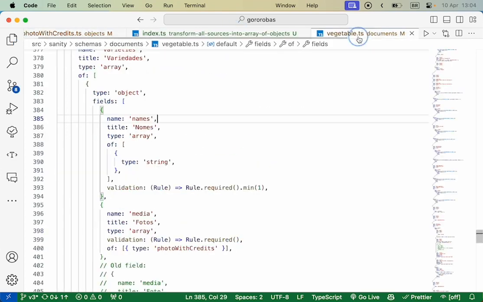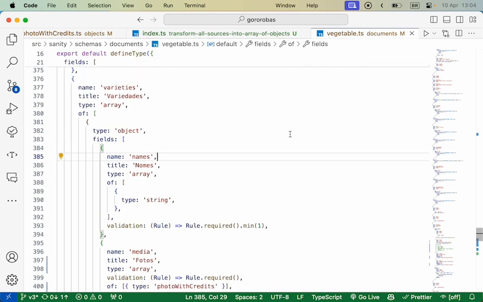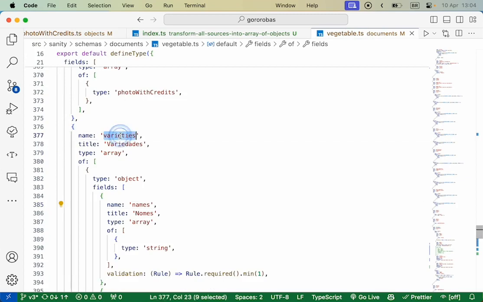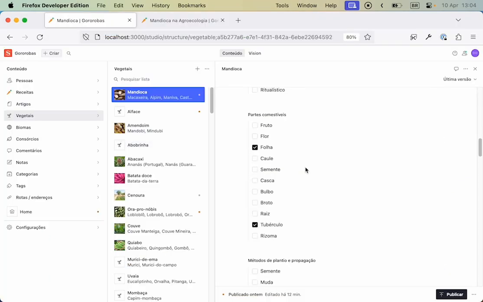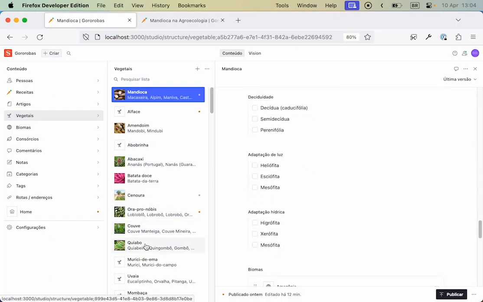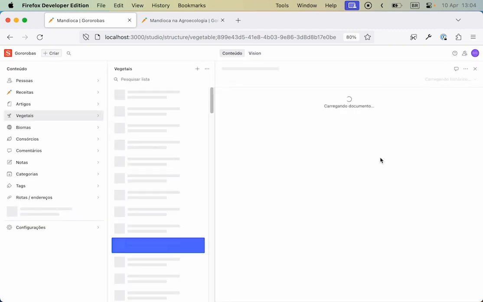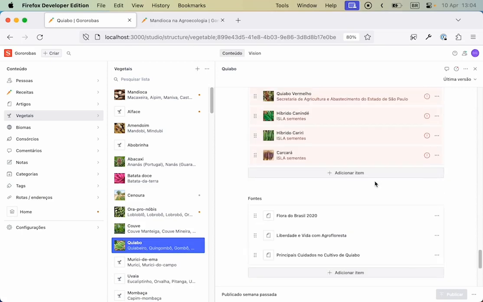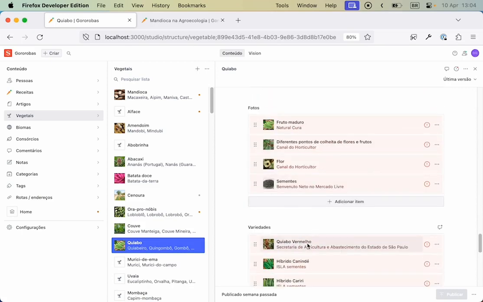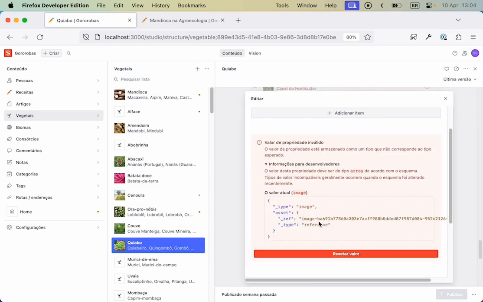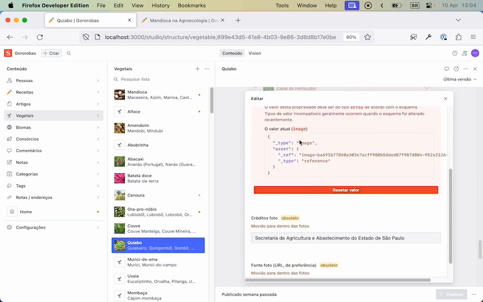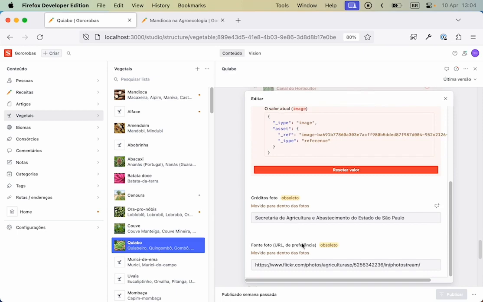Okay, another change that I'm making in this migration in the same vein is for the vegetable varieties. I don't know if I have any here. Let's see, chapter one. This. So before, vegetable varieties only had one image per variety. Now we're going to have multiple. Unfortunately, I broke it. But yeah, we can see it's only one image, and then we had the credits.